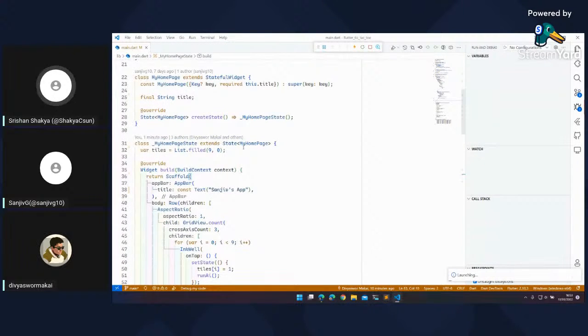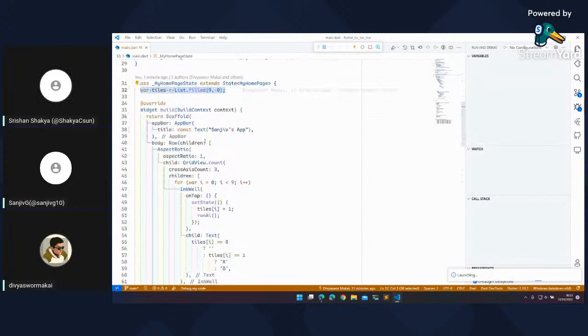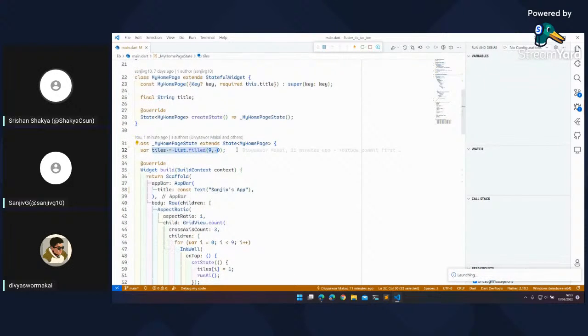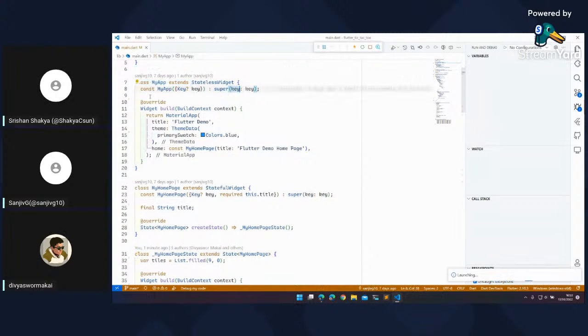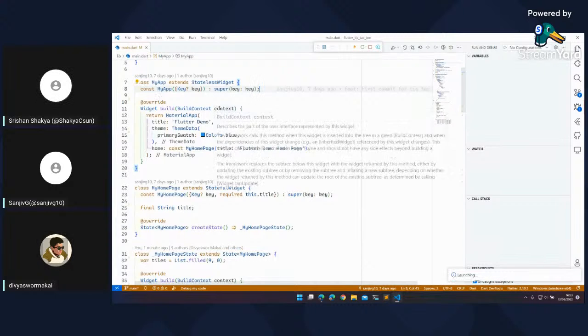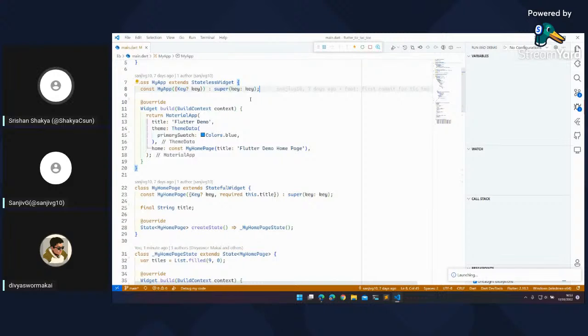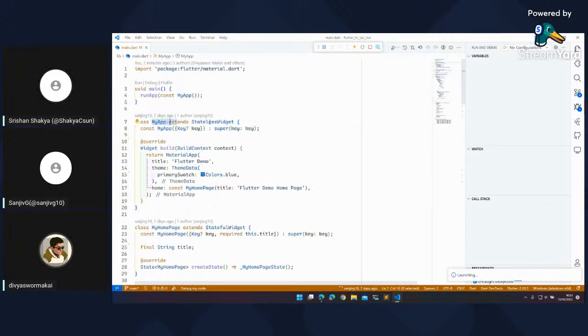So in the stateful widget, you can have variables that change over time, and once they change, you have to manually notify this stateful widget that the variable has changed, and you should probably redraw yourself. Such things aren't available in stateless widget. Even though you could have created a variable and changed this value, that change won't be reflected. It won't redraw with those changes unless you redraw the parent of this stateless widget by some other way.